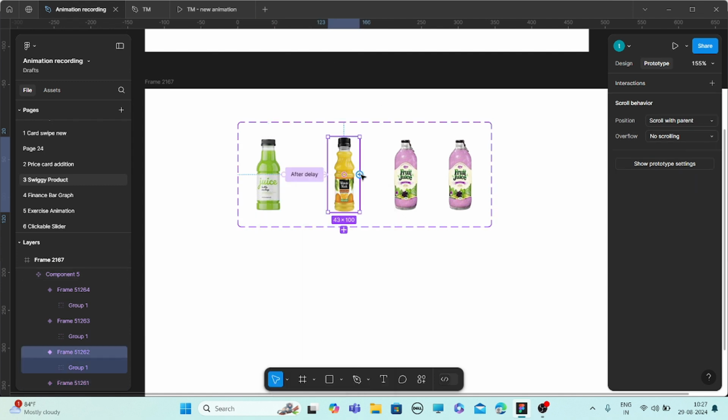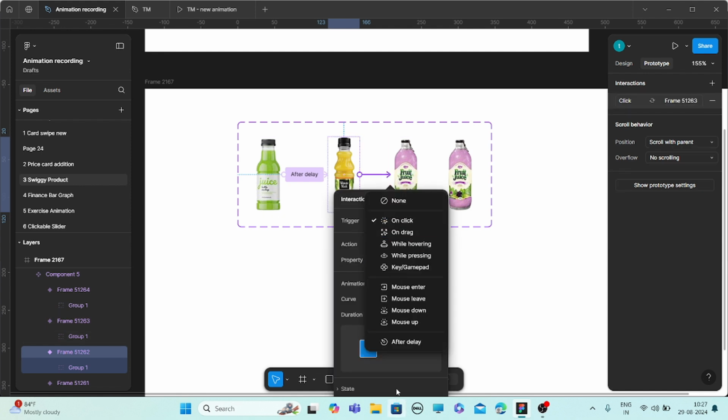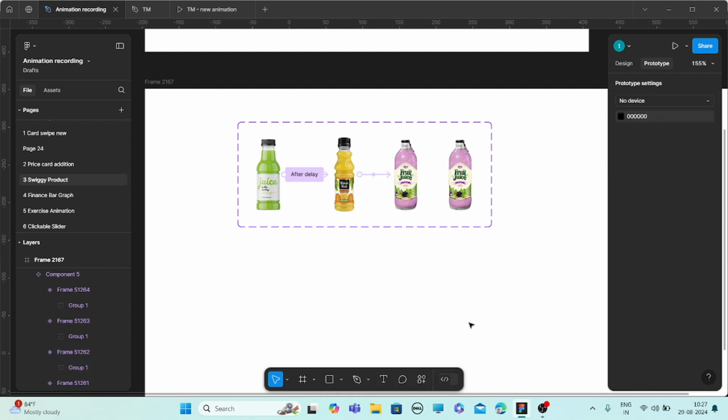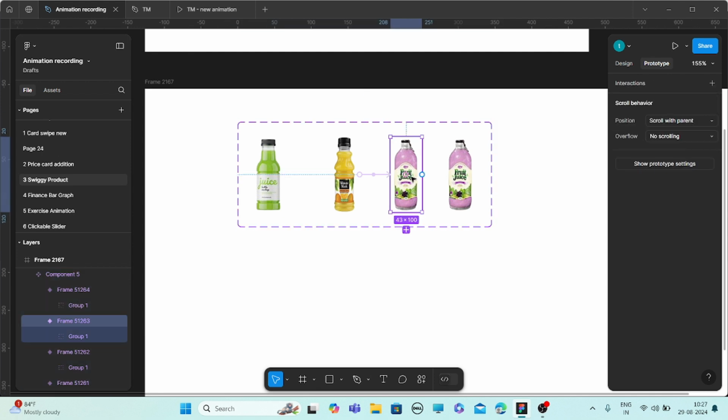Similarly we have to do it for the other parts also. Same, after delay, smart animate, bouncy, whatever animations we took previously, the same thing gets applied to the further ones.